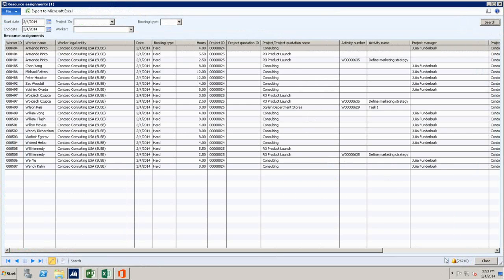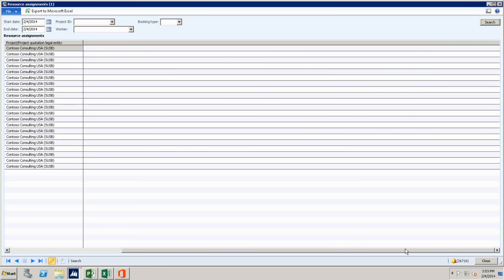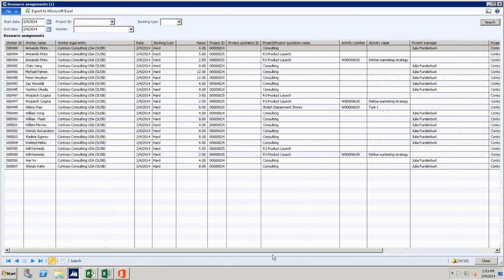But it is very simple, basically. It doesn't show you booked hours versus assigned hours. It's mostly just hard and soft book hours against different projects. So we don't have that. It doesn't have utilization, this one doesn't. The next one actually has that.